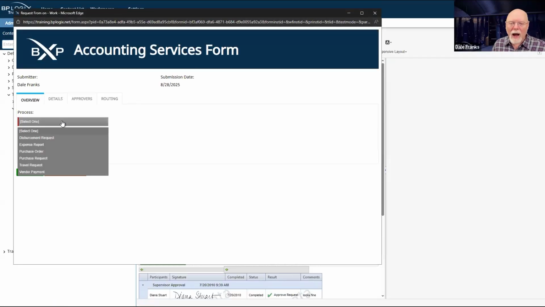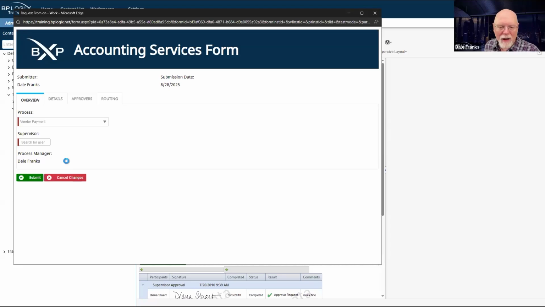Great. So I already know that it's an accounting form because I already set the hidden functions drop down. And because that's set to accounting, all I will see are accounting processes whenever I open up the processes. So my disbursement request, expense report, purchase order, purchase request, travel request, vendor payment, it's all there. It all works. If it's a vendor payment, then it's a vendor payment. I didn't put the total amount field on this form. Oh, that's fine. It just won't run. So I have a vendor payment. I don't have an amount, so I guess it doesn't really matter.